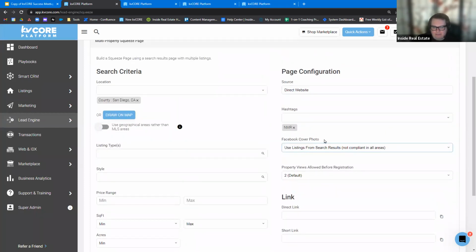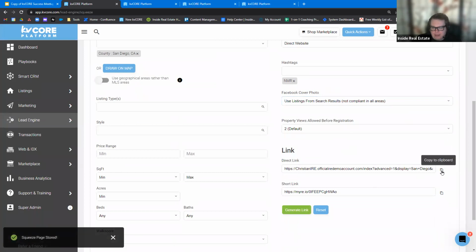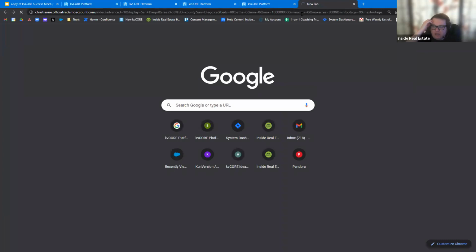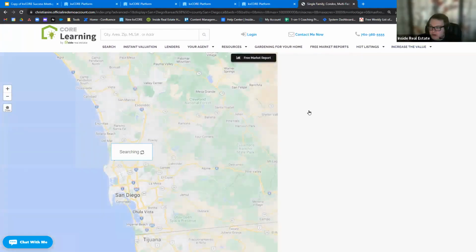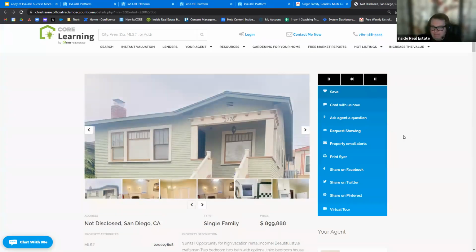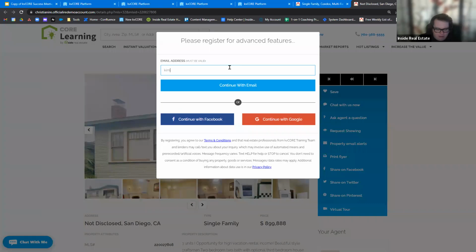I'll just use any kind of photo there. I don't really care. So I'm going to generate this. Okay. And now when people go to this page and view this set of links, the set of listings, the set of properties, they go in and register here. They save a property. Let's just pretend I'm Kim